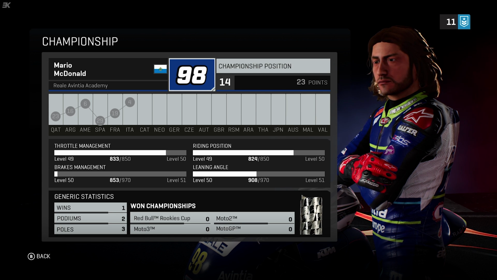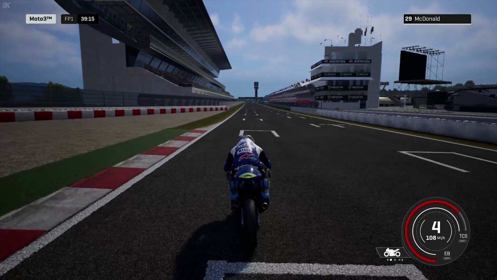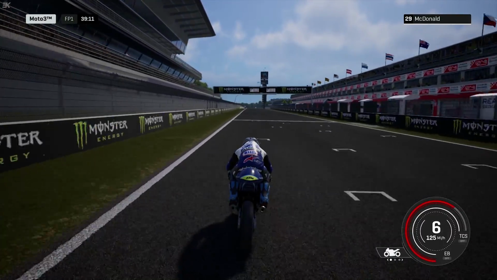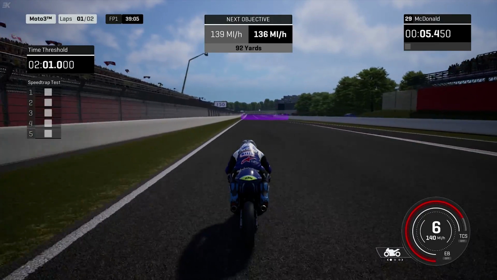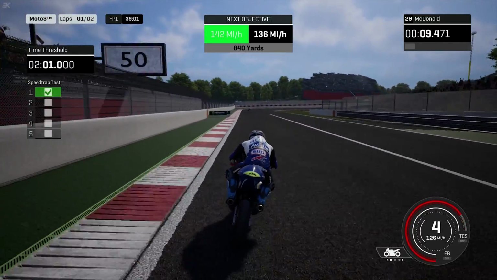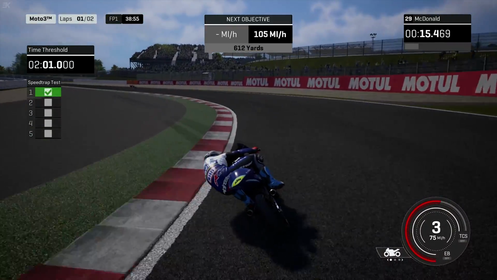We're heading to the Circuit de Barcelona-Catalunya off the best result of Mario's young Moto3 career so far. So here goes Mario for the free tests in practice to make sure he gets those development points for the bike. We begin with the speed trap test. We've got a time threshold of just over a couple of minutes. I'm sure we can thrash that just like we thrashed the first speed test, and this Barcelona circuit feels so